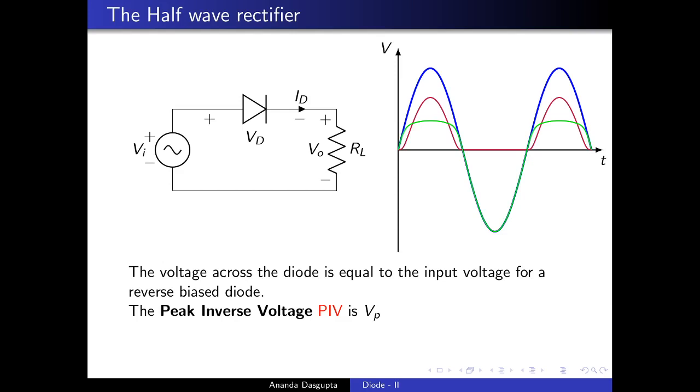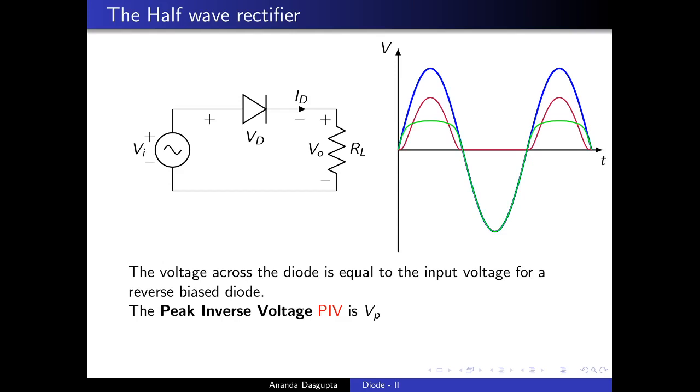In a circuit, say in this half-wave rectifier circuit, the peak inverse voltage also refers to the maximum inverse voltage, maximum reverse voltage, which is dropped across the diode. There is of course a connection between the two usages of the word. You have to make sure that this voltage, in this case Vp, does not exceed the rated peak inverse voltage